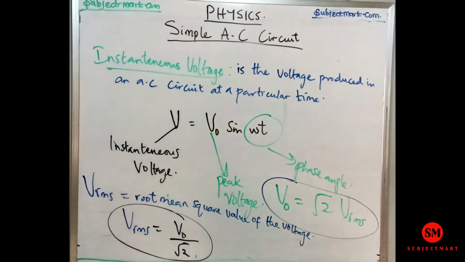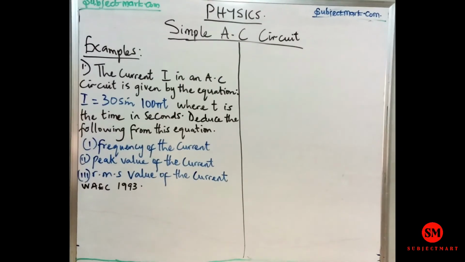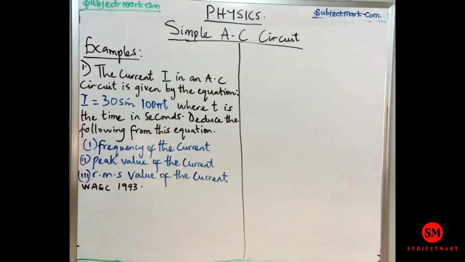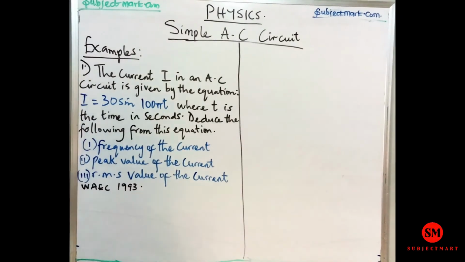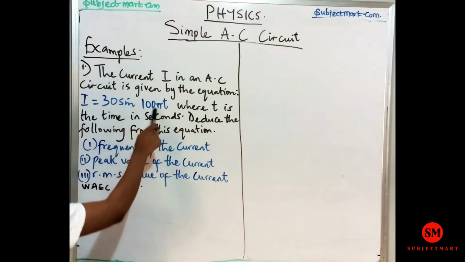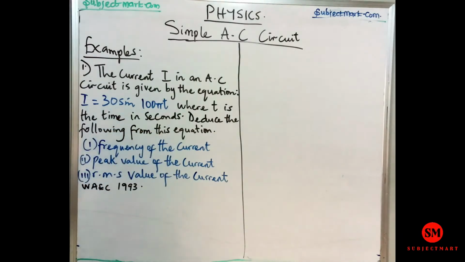So let's take note of that. Very, very important. So let's solve some problems involving instantaneous current and voltage. The first one I have here says the current I in an AC circuit is given by the equation I is equal to 30 sine 100 pi t. Okay,